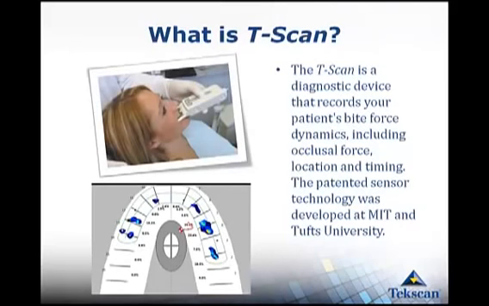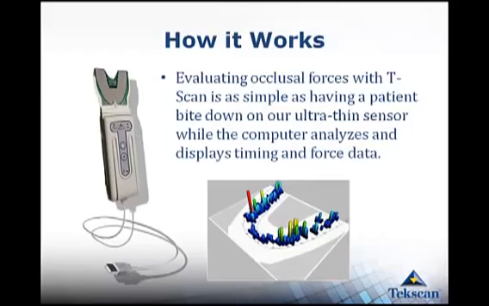So what is Tekscan? Tekscan is a dynamic bite force analysis technology that allows you to see how the force patterns come into play, and see the locations of the forces on contacts. It also allows you to see timing from first contact to the last contact coming into your bite. Tekscan uses a patented sensor technology that was developed at MIT and Tufts University. And how it works is you're biting down on an ultra-thin sensor while the computer analyzes and displays the timing